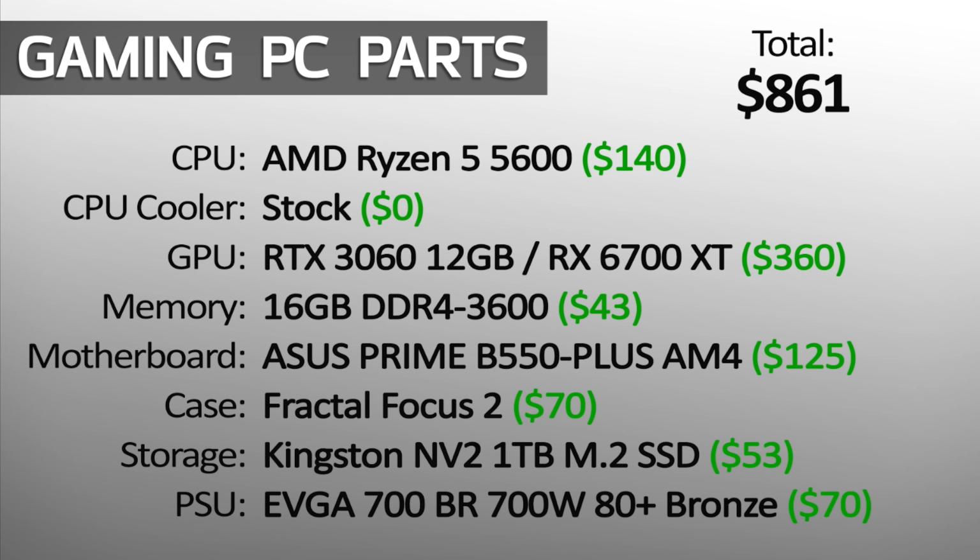The actual PC that I'm recommending today, I was actually able to bring in for less than $900, about $861. This is not including tax and shipping and stuff, so it might go up a little bit from there. But for our CPU, we have a Ryzen 5 5600, which you can find for $140. It's only about $10 or $15 more than the lowest price it was during the Black Friday sales. The nice thing about this one is it comes with a stock cooler, so you don't need to spend any